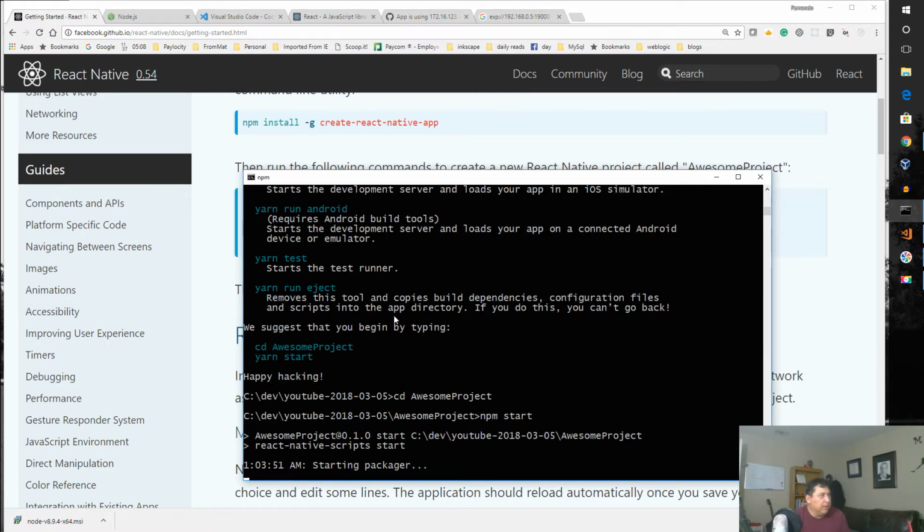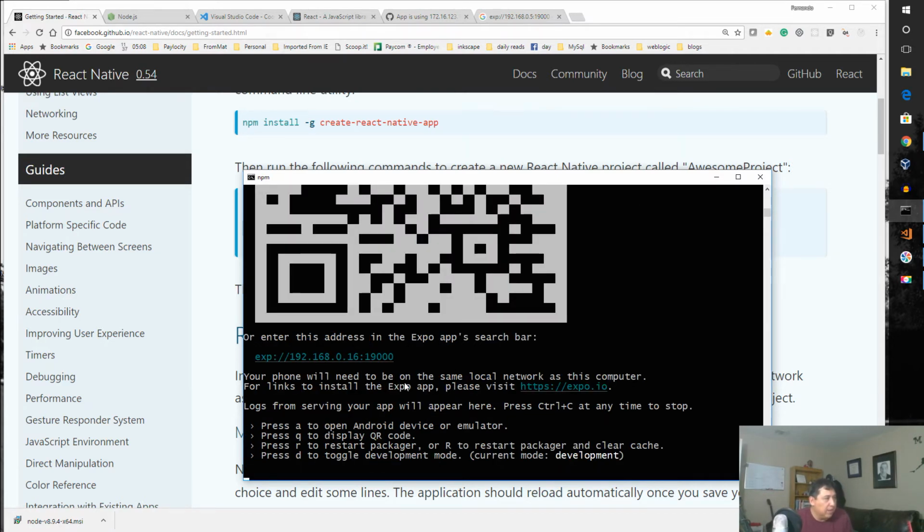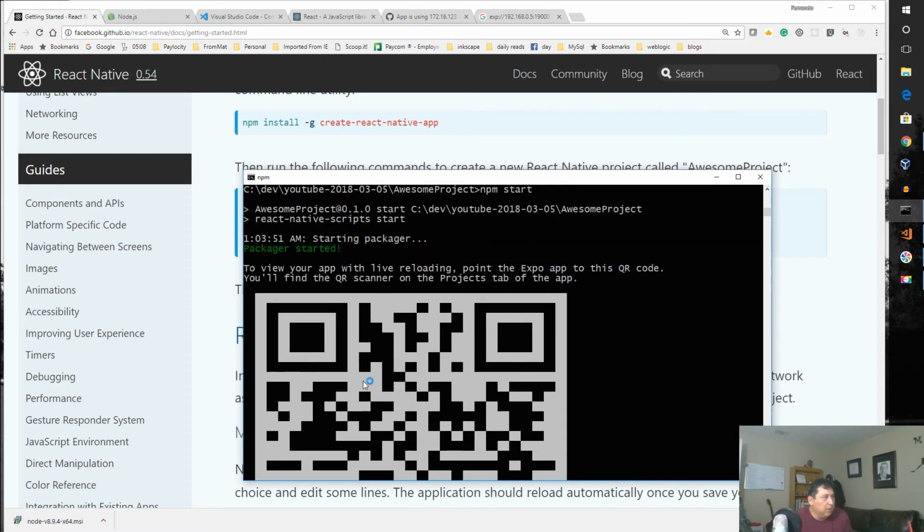And once it does that, then we'll be able to run the application on a mobile device. So it's going to give us a QR code, which we can scan. And actually, even before that, we have to install some software on our mobile device. I'm going to install this software called, I don't even remember the name, but let me see. It's called Expo Client. So now you can see that it says your phone will need to be on the same local network. So right now I'm connected wireless, and what I'm going to do is,